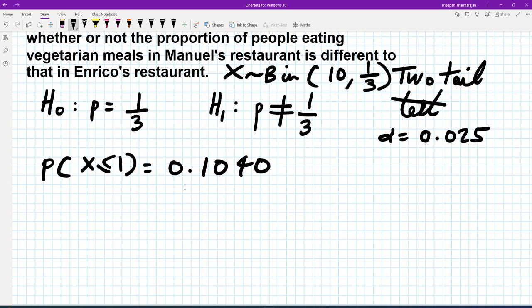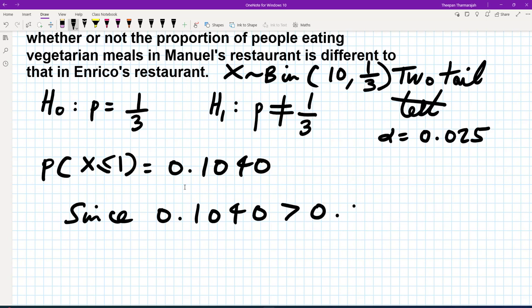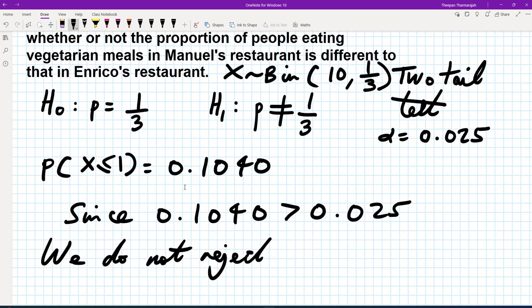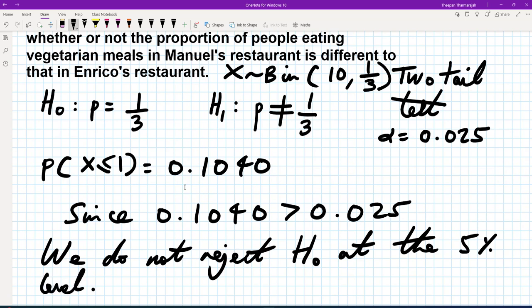So now we're going to compare our p-value, which is 0.1040, to our significance level. And remember, if your p-value is less than 0.025, or less than alpha, that will be the criterion to reject the null hypothesis. But in our case, it's greater than, so we say since 0.1040 is greater than 0.025, we do not reject H0 at the 5% level of significance, and we say we have insufficient evidence